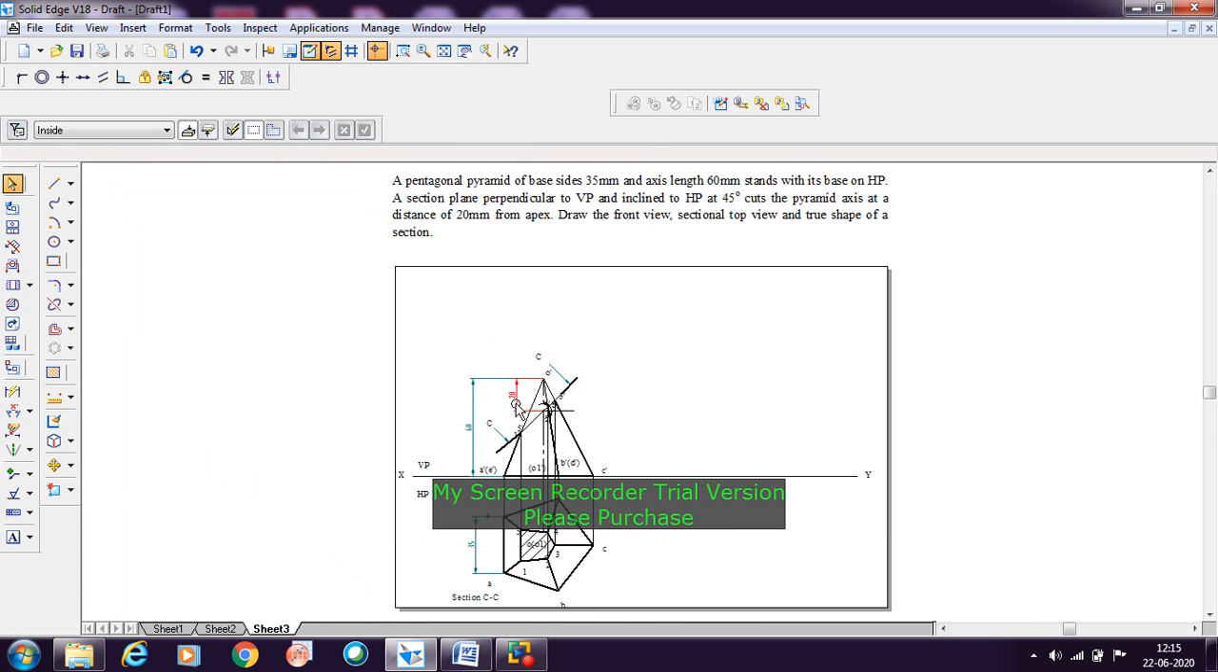So this is the portion which is removed, and for that we need to show the hatching here in the top view. Now once it is completed, the sectional top view, we need to draw the true shape of the section. So for drawing the true shape we need to draw the line that should be parallel to the projection line. The line which you have drawn here, the section line, you need to draw it parallel to the